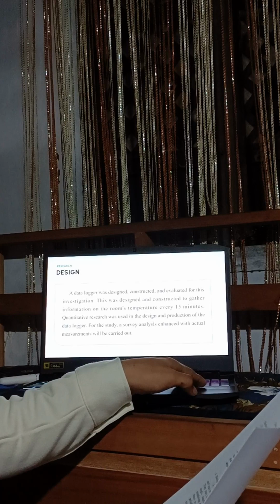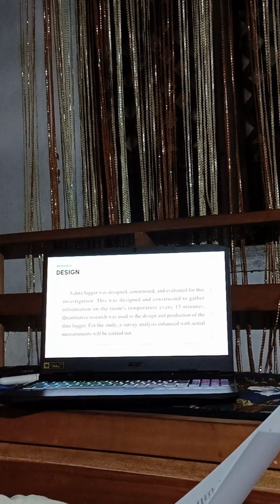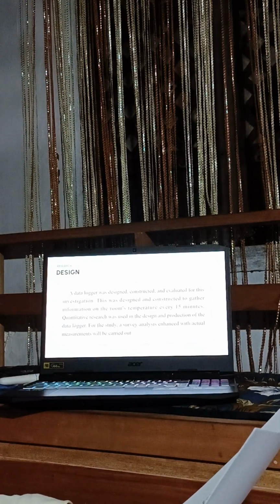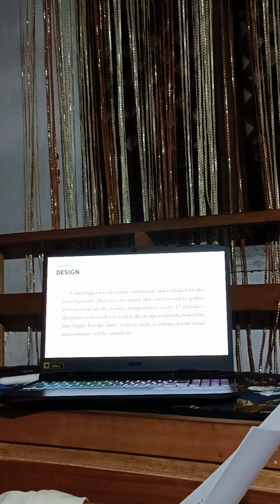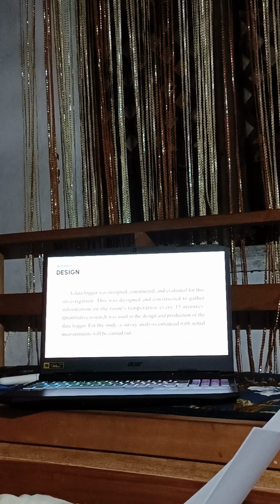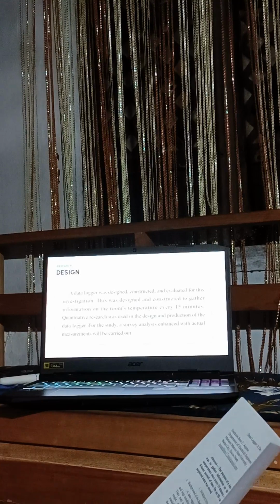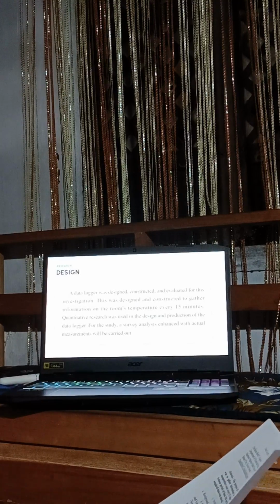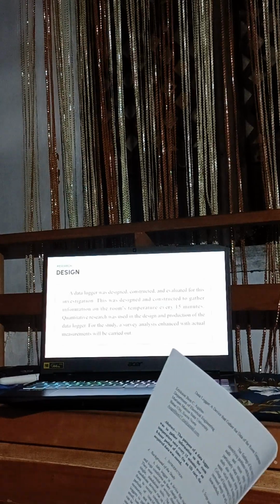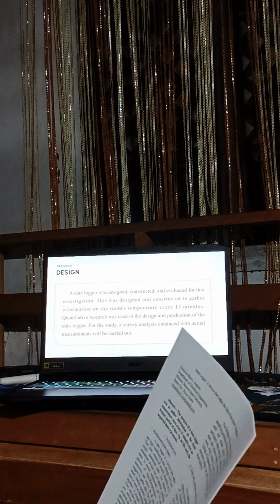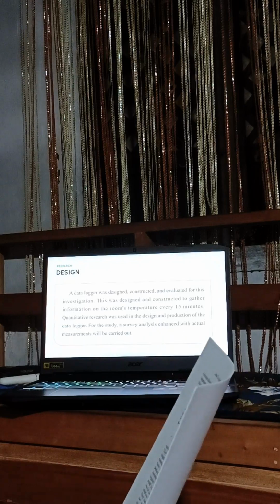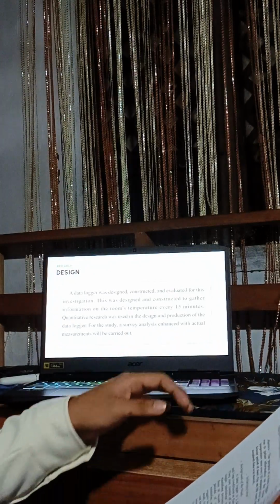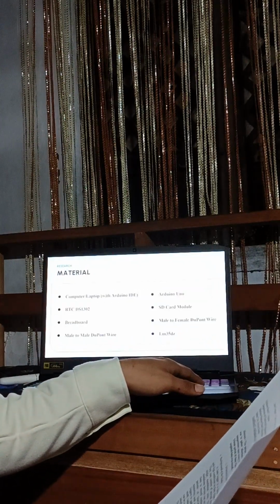As for the research design, a data logger was designed, constructed, and evaluated for this investigation. This was designed and constructed to gather information on the room's temperature every 15 minutes. Quantitative research was used in the design and production of the data logger. For the study, survey analysis enhanced with actual measurements will be carried out. As for the research materials,